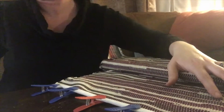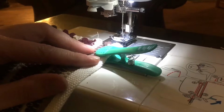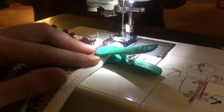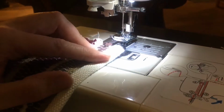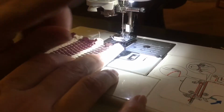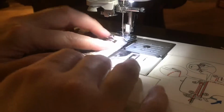I'm going to set up the sewing machine and show you. Okay, the video may shake a little bit just from the sewing machine. I'm on my coffee table in the living room instead of down in my quilting room. Alright, I take off the first one and I'm still holding it. I have my needle set on a straight stitch right in the center, and I'm going to line it up,